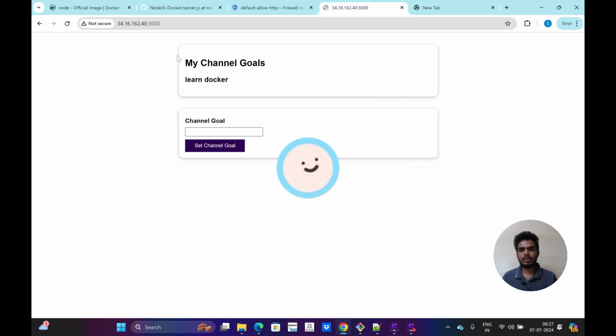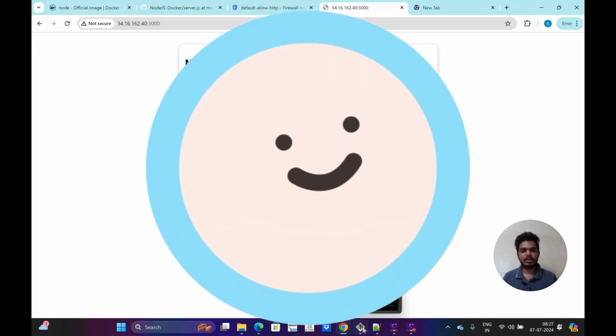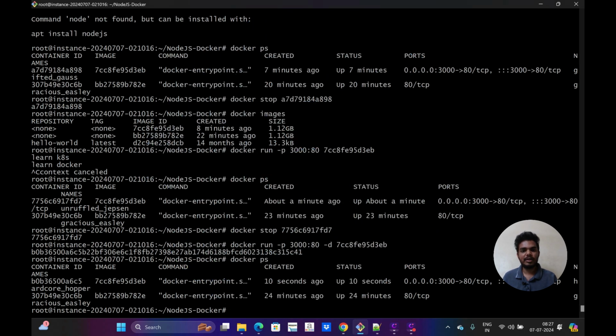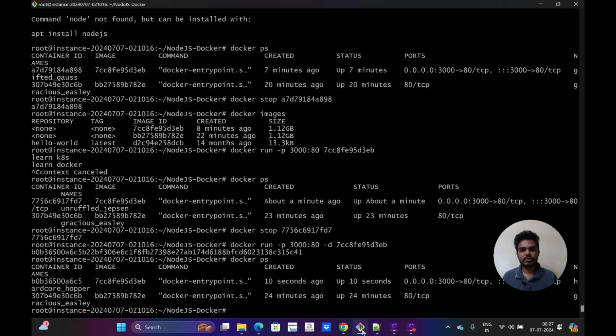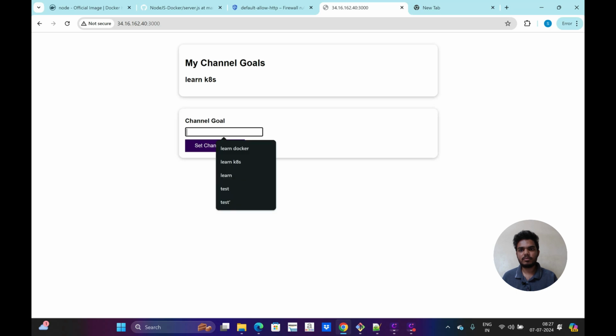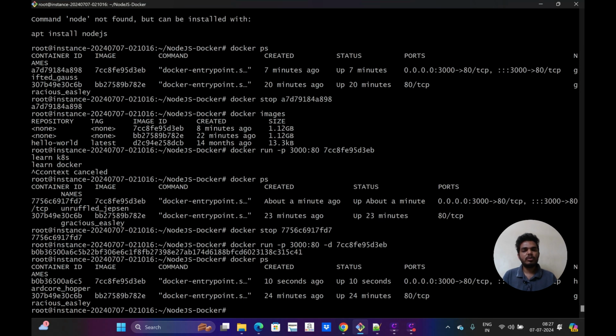And if I go to the browser also, it's still working. But in the terminal, it's running in the background. So if I give anything now, it will not show in my terminal. Correct? Anything, it will not show in the terminal. So if I want to see